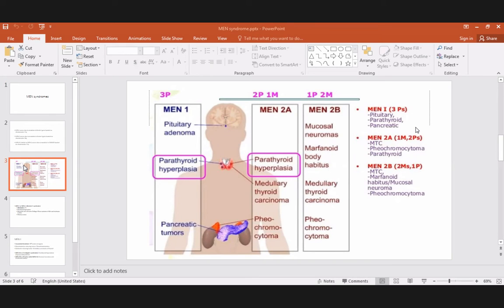Usually for MEN 2B, we have 3 M's and 1 P. That's not 2 M, 1 P. It is 3 M and 1 P: MTC, Marfanoid habitus, mucosal neuromas, and pheochromocytoma. These are the different endocrine glands involved